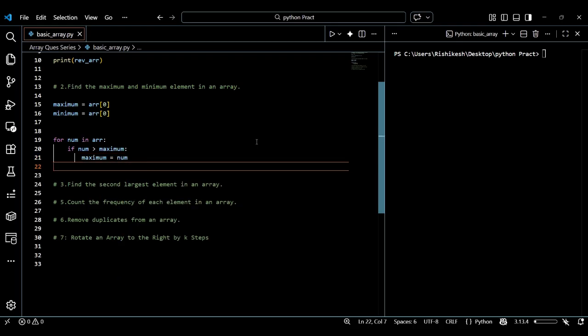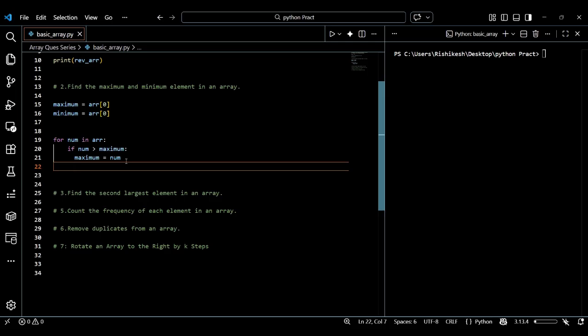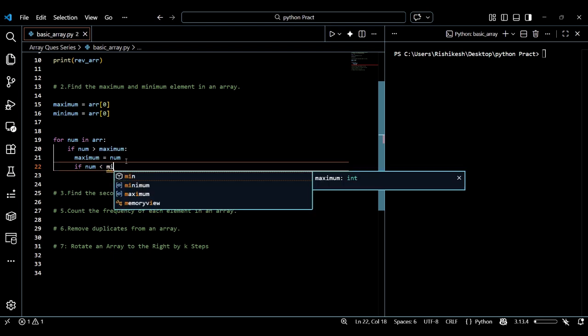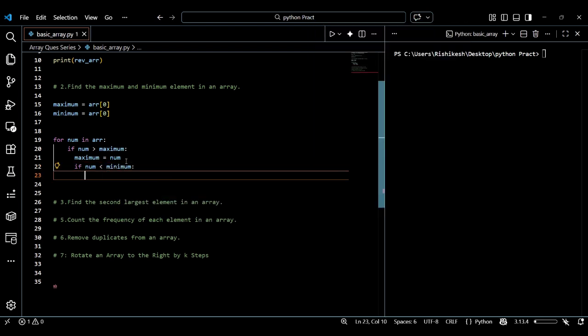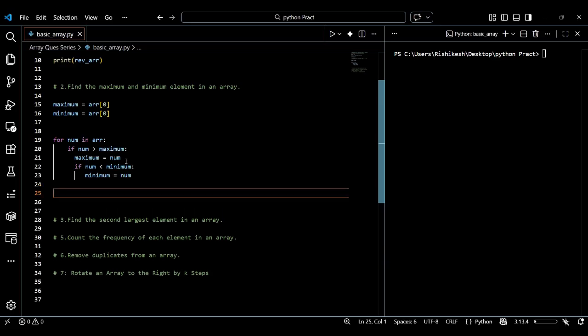And now after this, if num is less than minimum, then minimum is num. And now in the last I print the